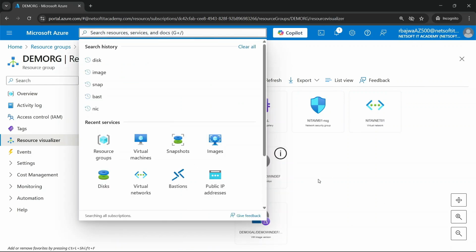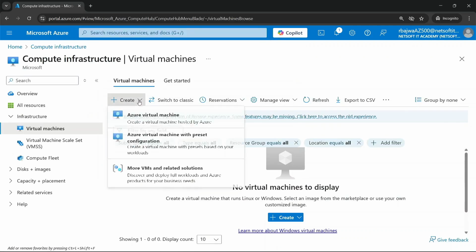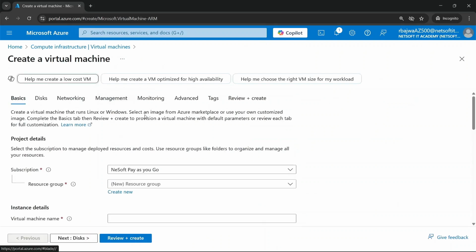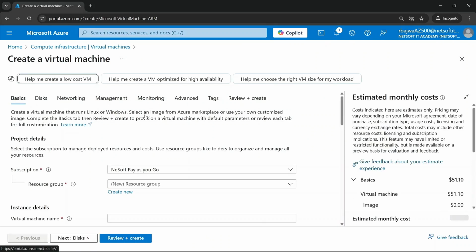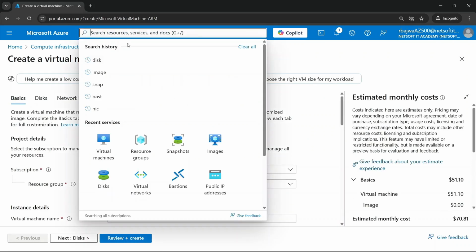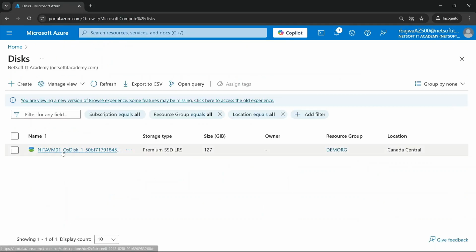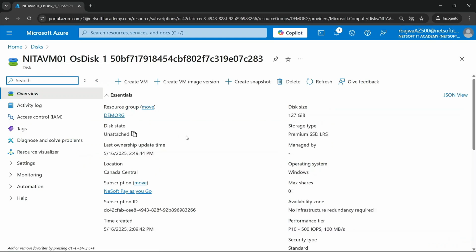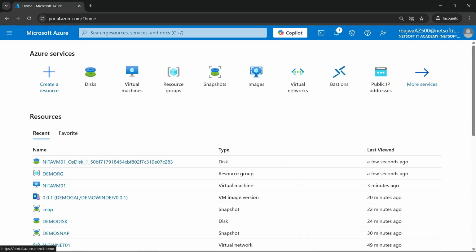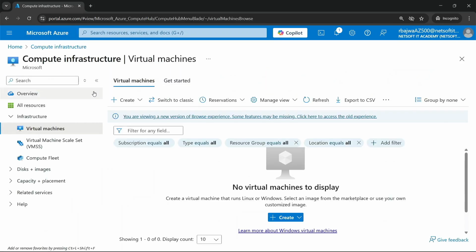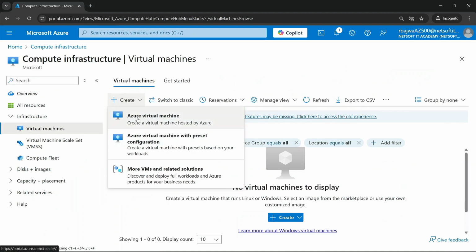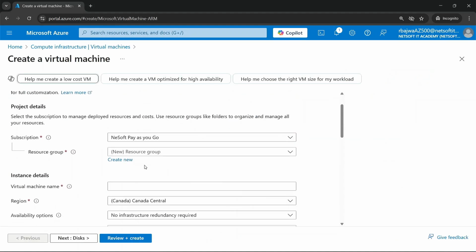So what can we do now? Two things. You can go to virtual machine and create a new one, but using the old image which you backed up. Or you can go to the disk, click on it, and create a new VM out of it. So let's use the image this time. Let's go to VM, click on create your virtual machine,